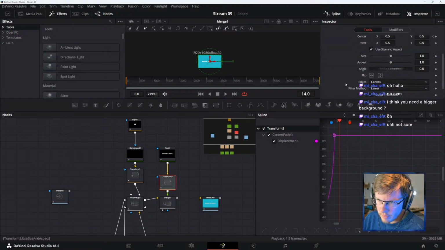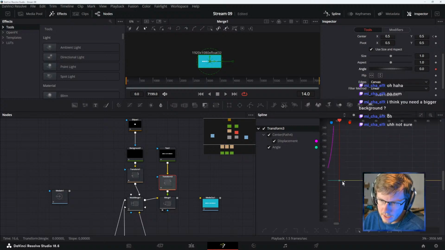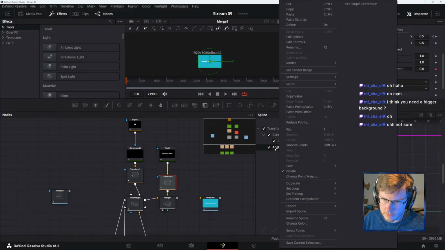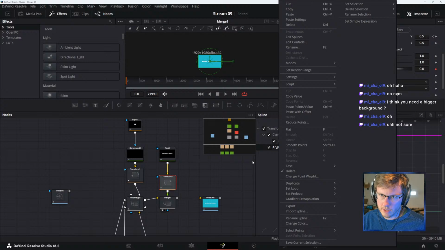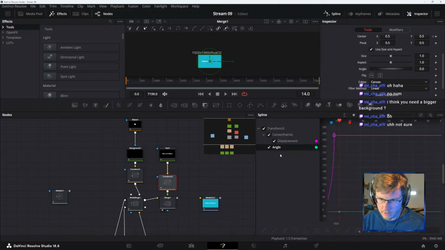For a different parameter, if you wanted to do angle, animate, and then it shows up in here. Is that what they're saying? Okay, so it adds a spline, then it shows up. All right. And then to delete this, can you do the delete key? Yeah, you can do delete key.